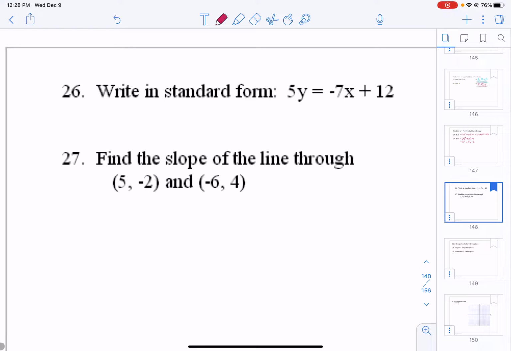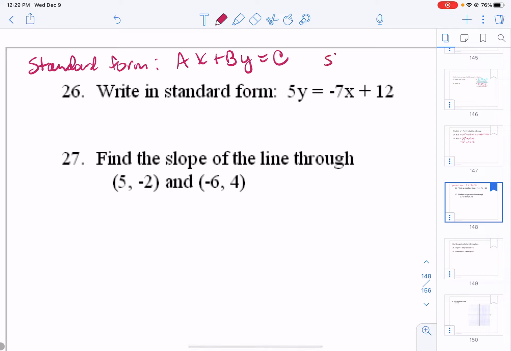Let me remind you what standard form is. Standard form for a linear equation is ax plus by equals c. Now there's a few things that we should remember. A, B, and C shouldn't have any common factors. A, B, and C should be integers. And A should be positive. So that's that. If they said slope-intercept form,